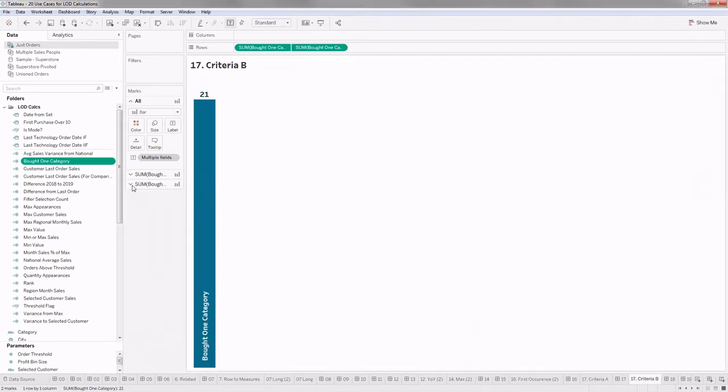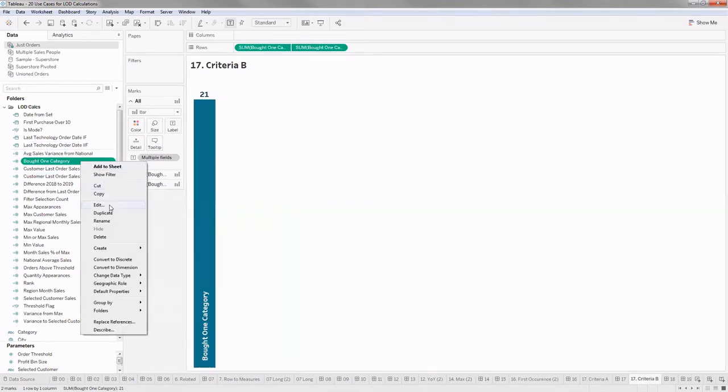Then I'll just do the sum of that. So wherever the condition is met for that particular customer, it will be 1. Therefore, on doing the sum, it will give me the number of customers who have met the criteria.